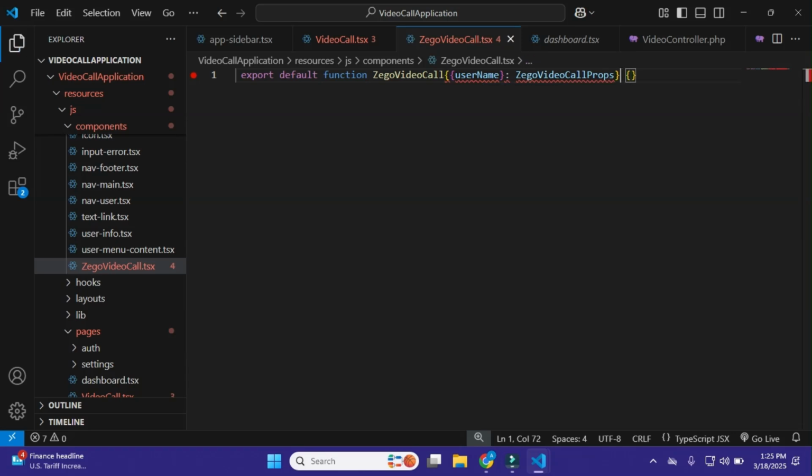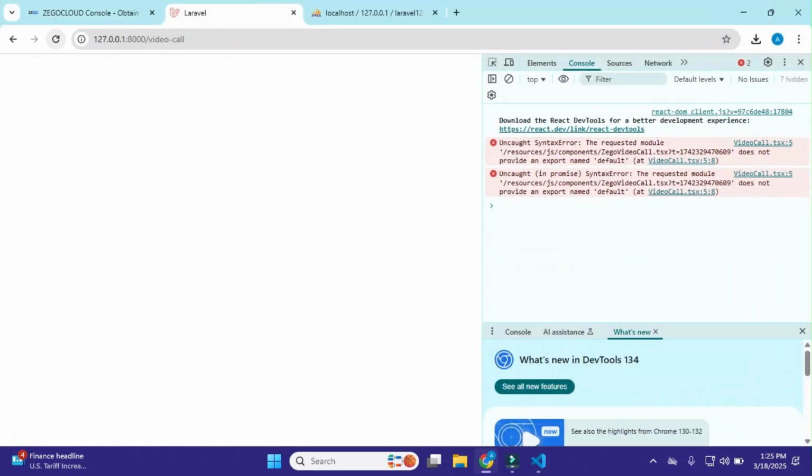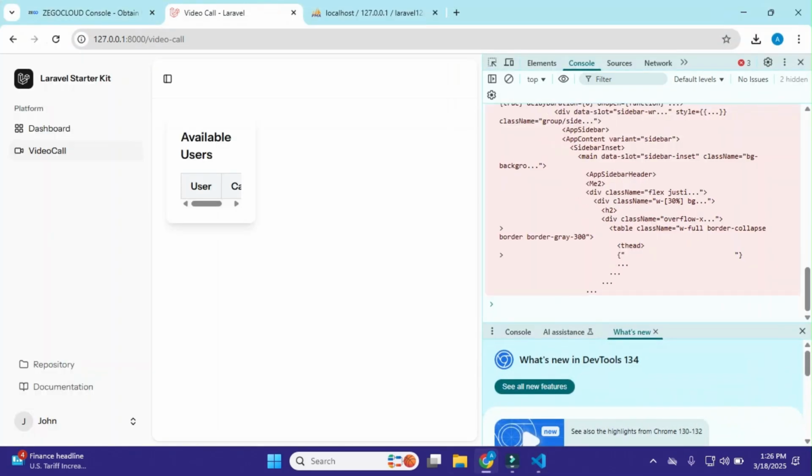Just add these here, and instead of this just add these brackets. Save this and go to the browser and reload it.